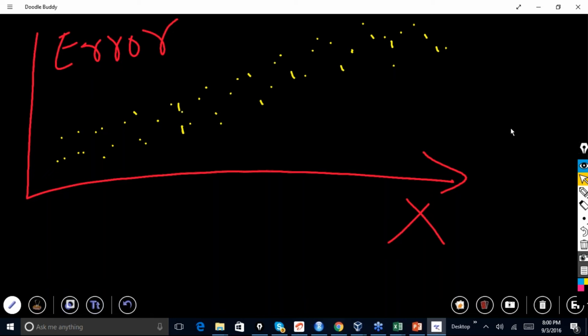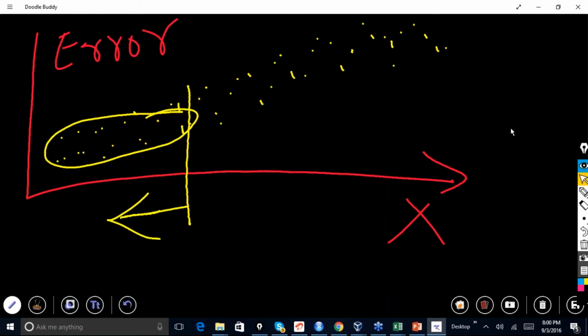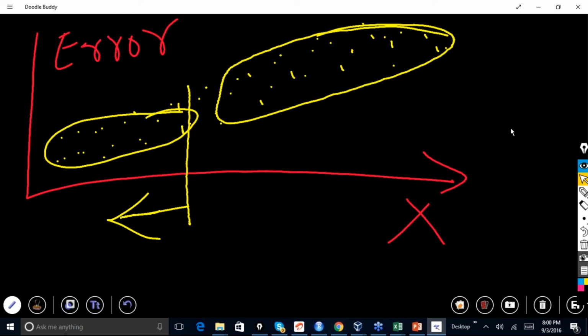So that means my model is very accurate for this portion where the x values are below a certain level. I have good prediction power here, or I'm having less error. But as I'm moving into the higher side of x, the error is growing,